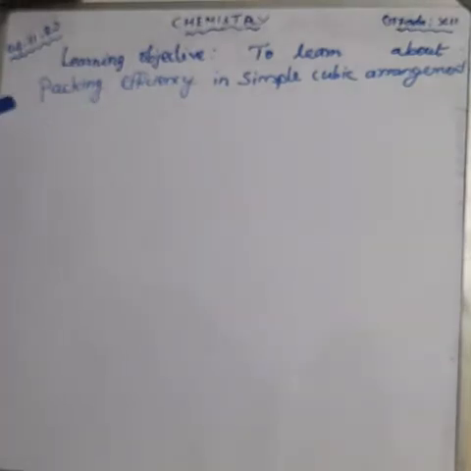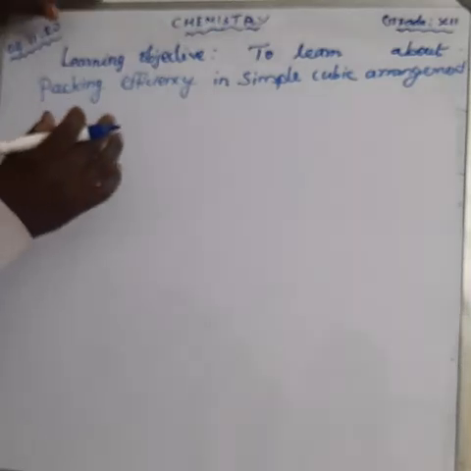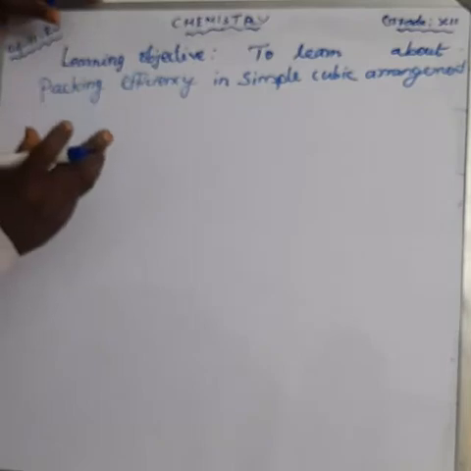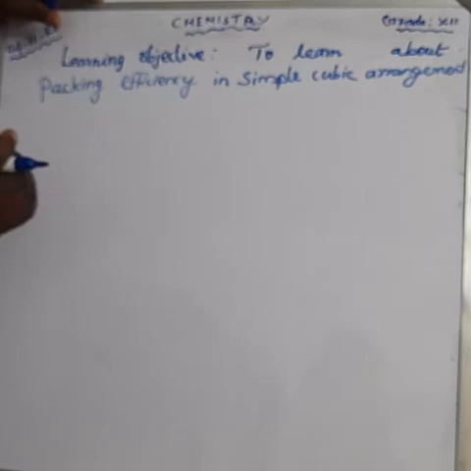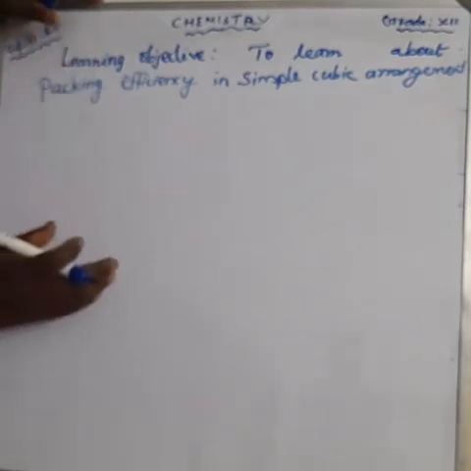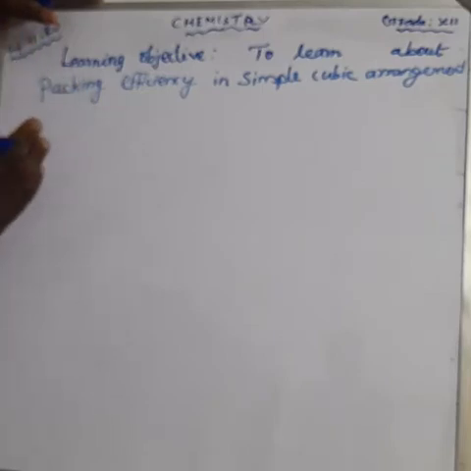To learn about the packing efficiency in simple cubic arrangement, the packing in a crystal: let us consider the packing of fruits for display in a food stall. The fruits are arranged in certain arrangements. We can say linear arrangement, two-dimensional close packing arrangement, three-dimensional close packing arrangement, like that. Here also we have the linear arrangement of crystals. First one is a linear arrangement.